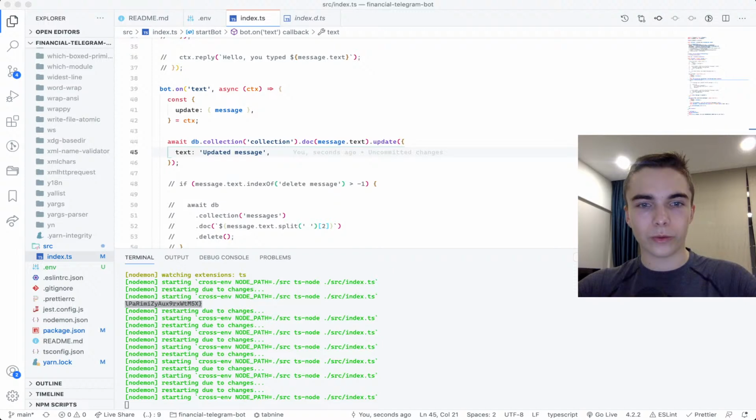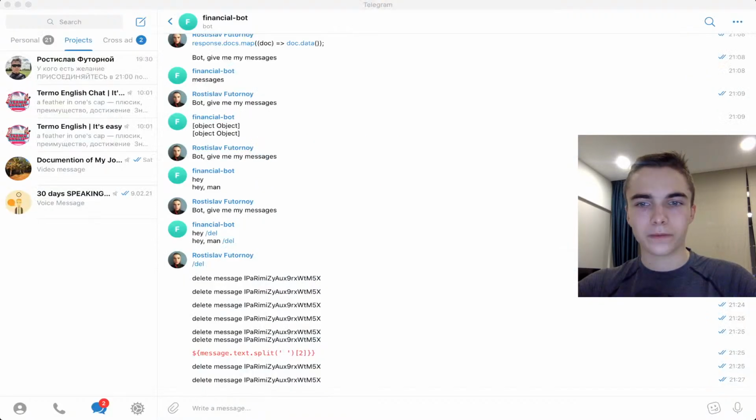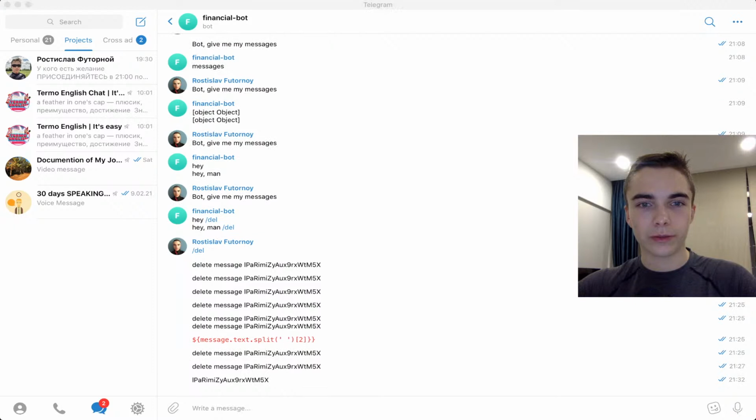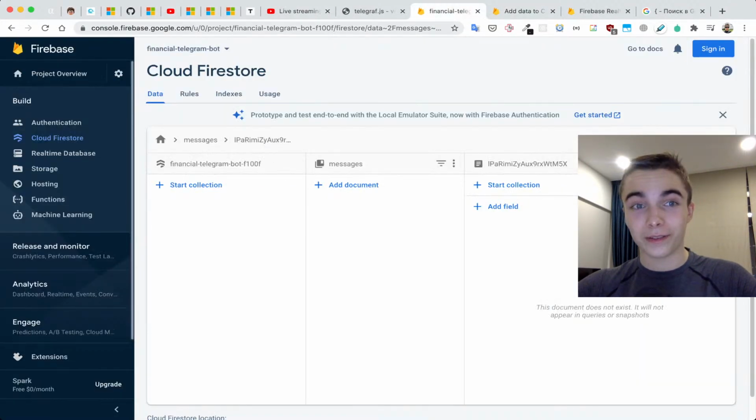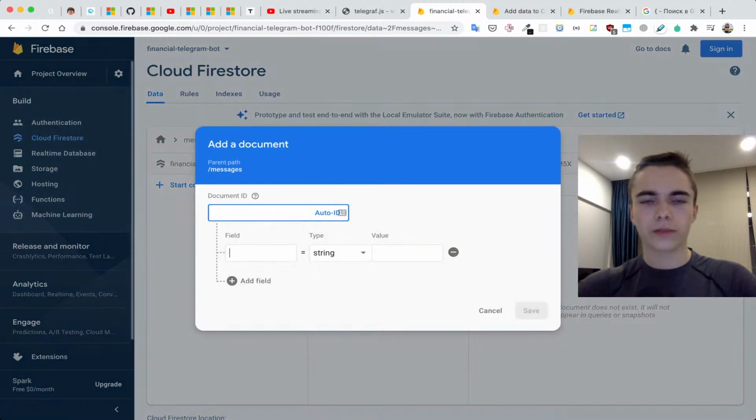Let's use our old message and go to the Telegram. Let's use this one and we'll try to delete the message. As I recall, I've deleted everything. I don't have anything anymore. I can't delete anything. Okay, let's create something. And yeah, I don't have anything. Let's create something here. And it's going to be like text,